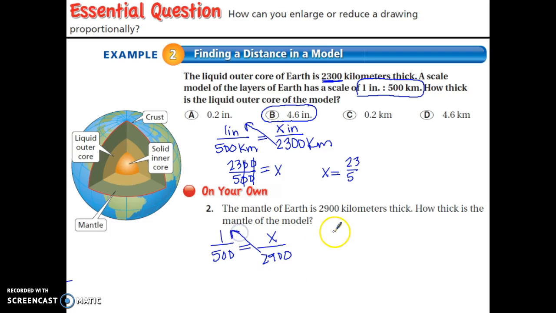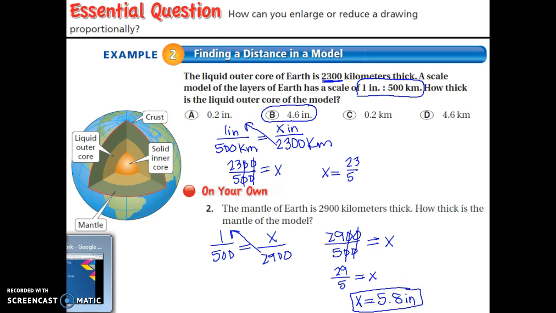Here again, I half cross multiply to get 2,900 times 1, which is 2,900, over 500 is equal, and on the right, I left my x there, so this is x. Divide by 10, divide by 10 again. I get 29 over 5 is equal to my x. All you need to do now is divide that. When you divide, you will get x is equal to 5.8. So in your model, we have a thickness of 5.8 inches. What I'd like for you to do